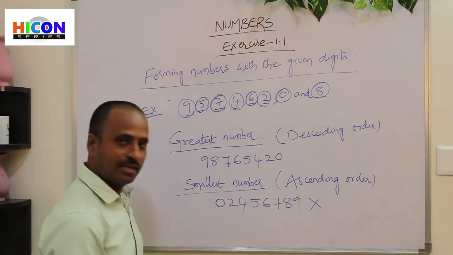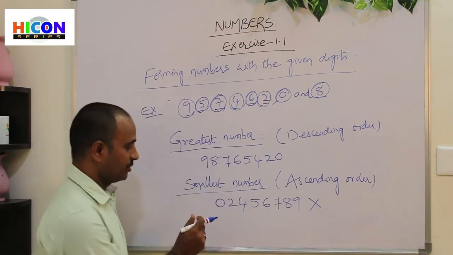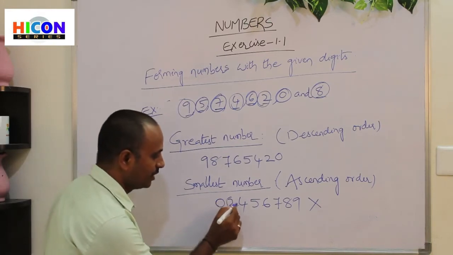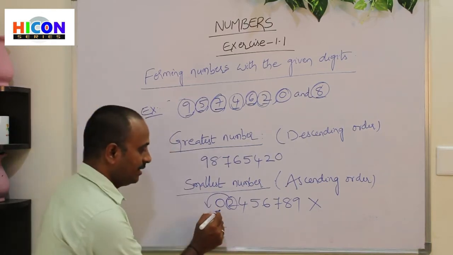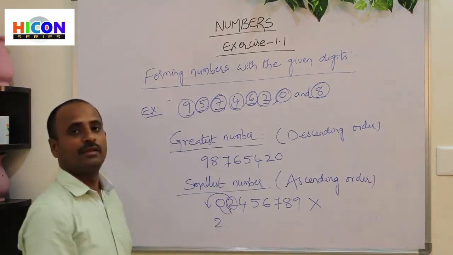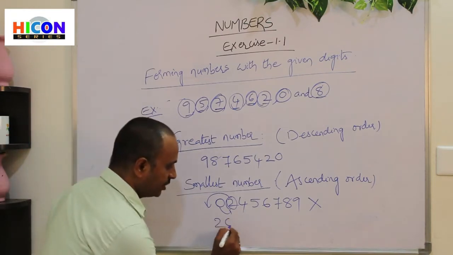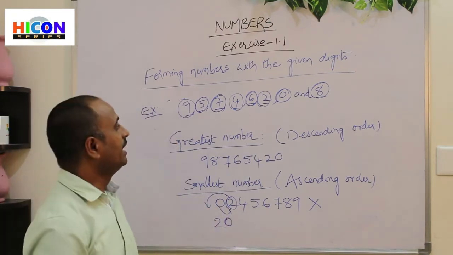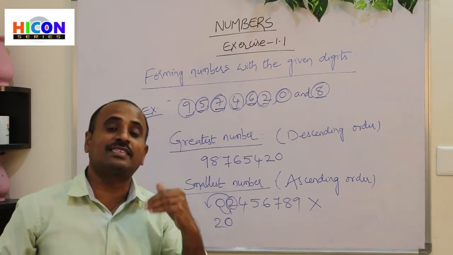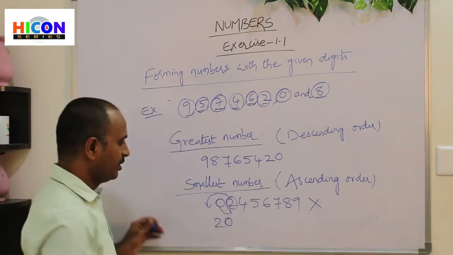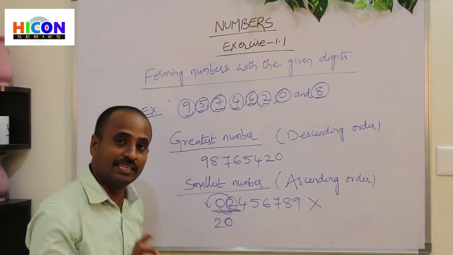So that's why, what is the next digit after 0? 2. So write 2 in the first place and write the 0 after it. So write 0 in the second place. If there is 0 in the given digits, we have to write 0 in the second place while writing the smallest number. So we replace the first 2 digits, that means rearranging the 2 digits.